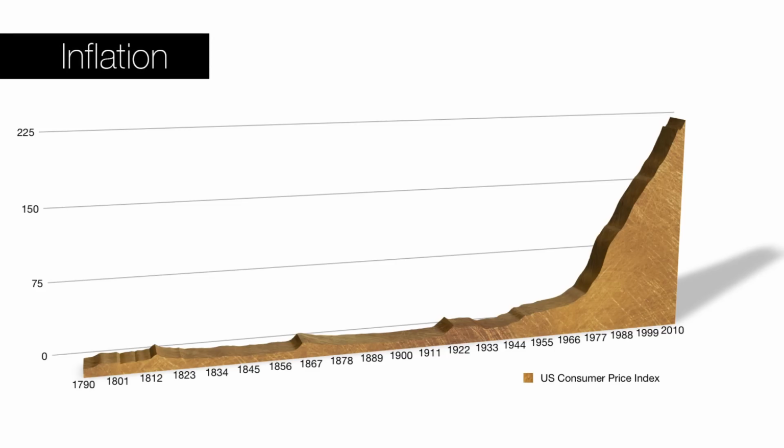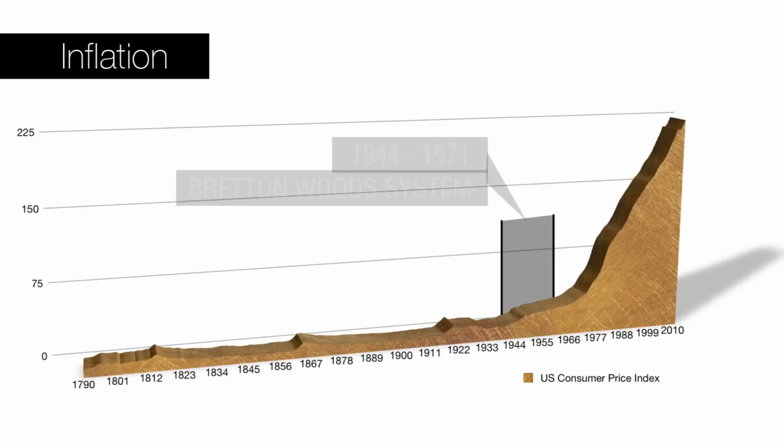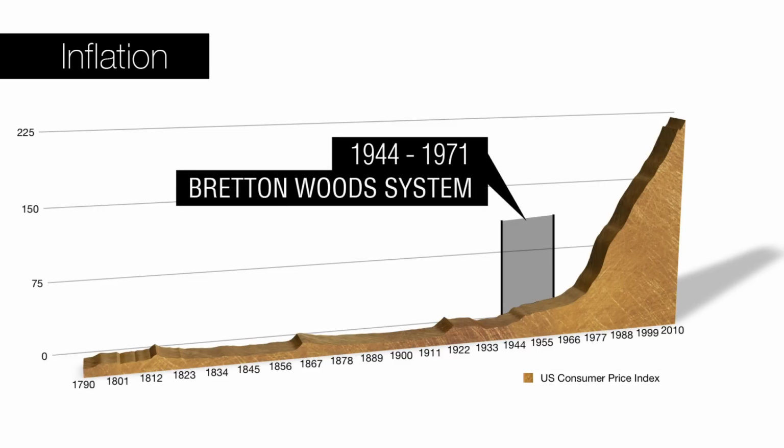However, the US engaged in the Korean War and the Vietnam War, and during this period, from the mid-50s, the money supply expanded, and this was not matched by a change in the price of gold. As other nations started to suspect the US monetary expansion, particularly the French, they started to convert their US dollar holdings into gold. As a result of this, US gold reserves started to dwindle.